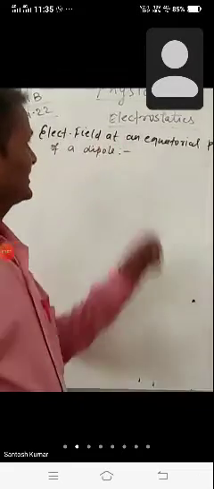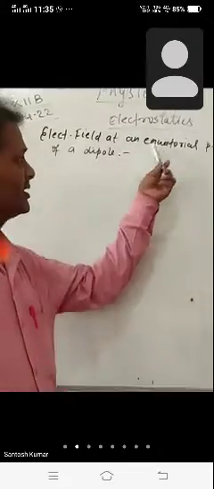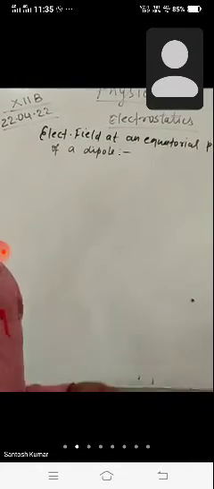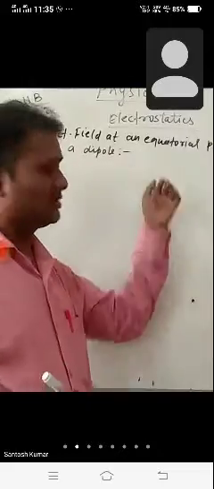Classical electric field at an equatorial point of the dipole. So in the first case, at the coaxial point, we had found the electric field of the dipole, right? Today we have not completed this topic in the class. Simply we will complete this topic: how to find the total electric field due to the charges of